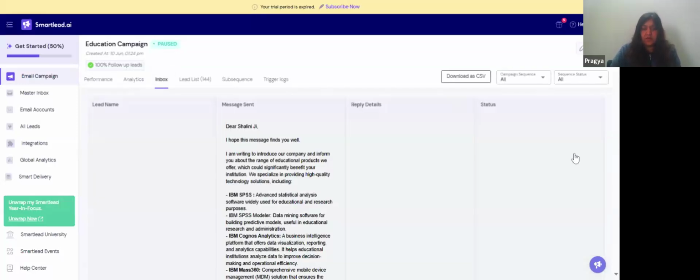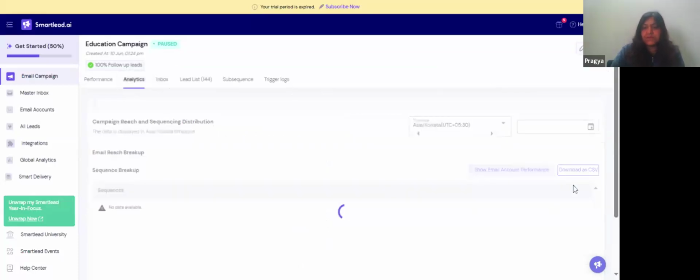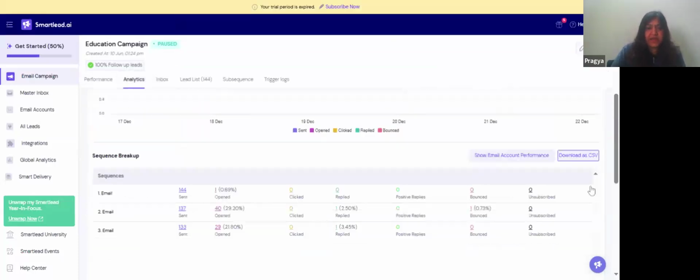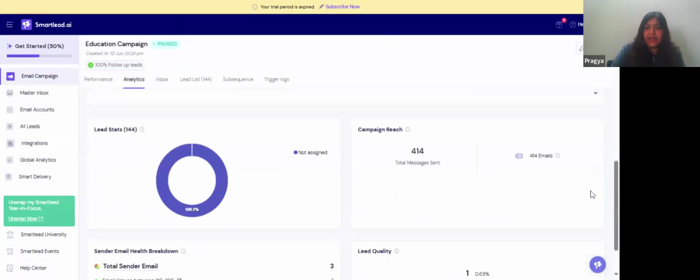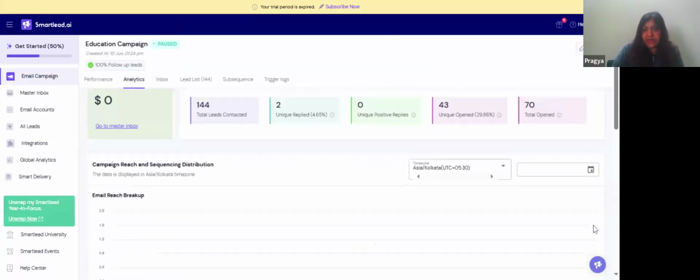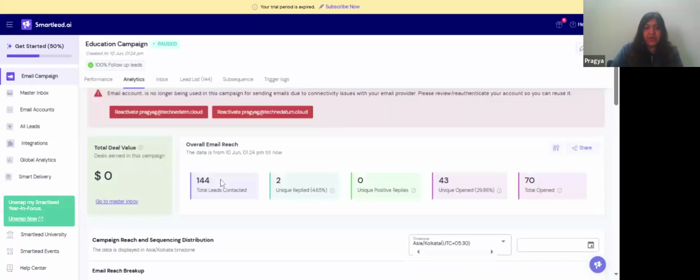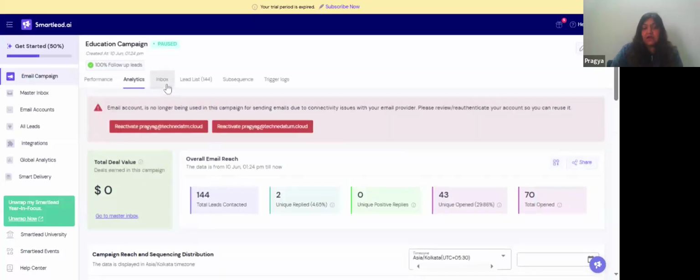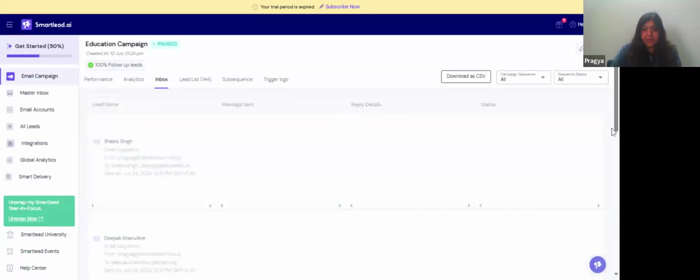Here I wanted to show you the number of sender accounts. While you're creating a campaign sequence, you can set the number of sender accounts. Here I had only put 3, which means I was sending almost around 120 emails a day, which I felt was sufficient. You can absolutely increase this when you are setting up a campaign.